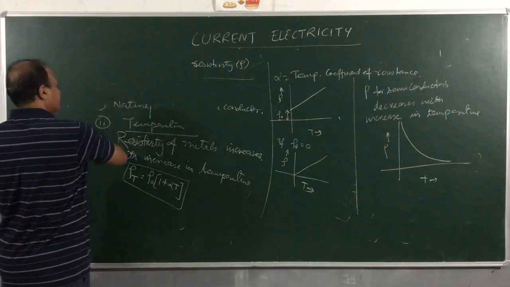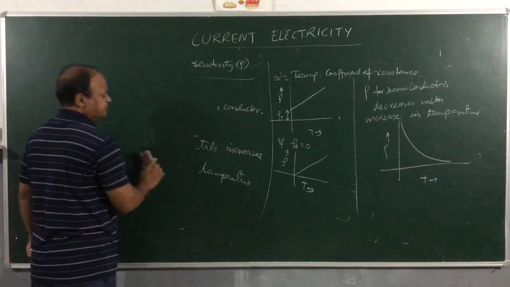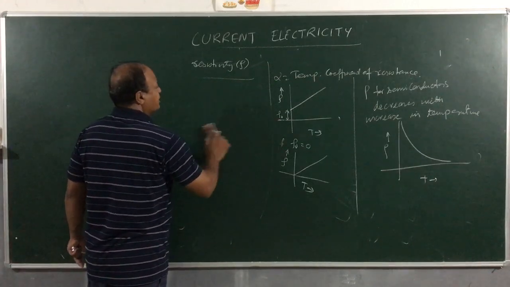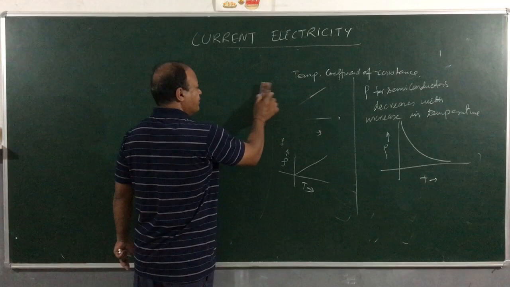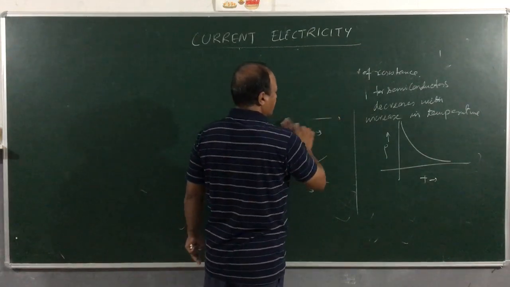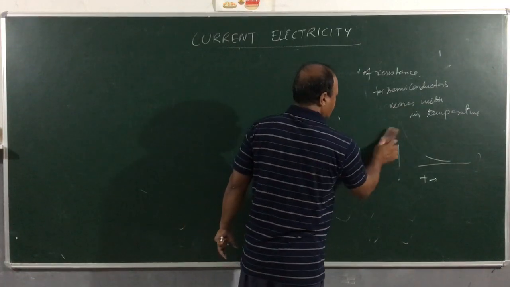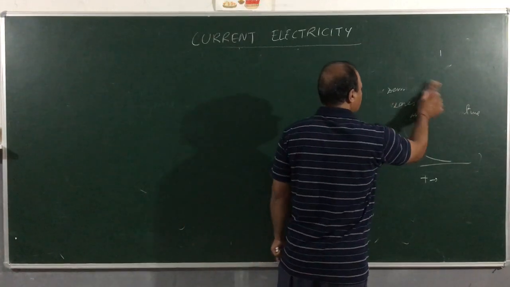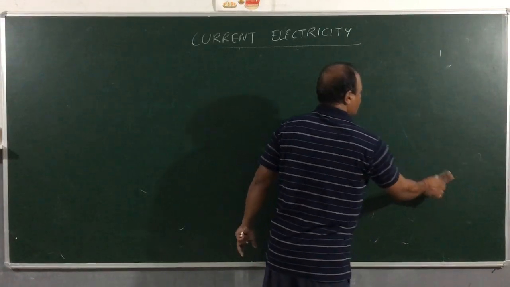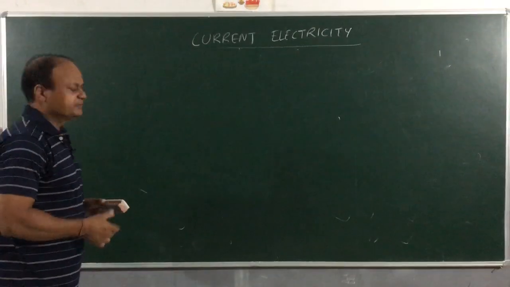Now I will be discussing another term that you will come across. It is called current density. What is current density? When we define electric current, children, we said that current is the amount of charge which is flowing through a conductor in 1 second perpendicular to the cross section area of the conductor. Clear?